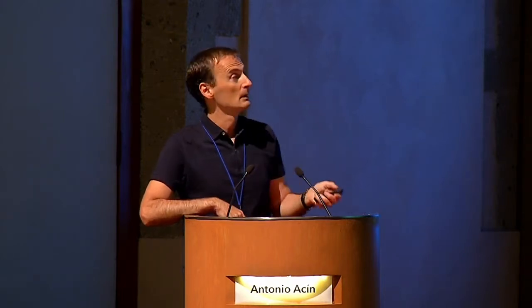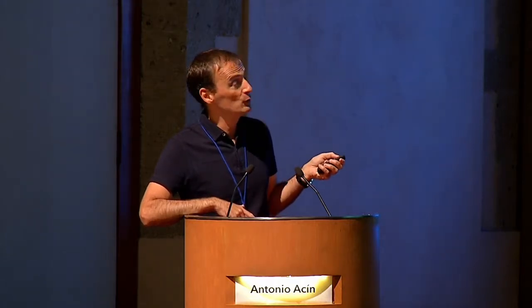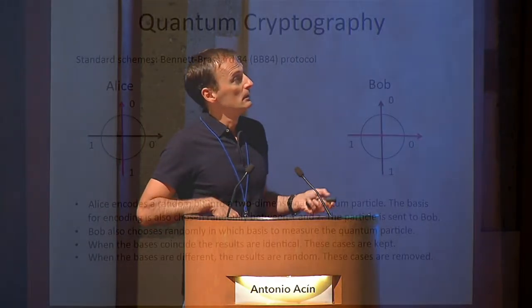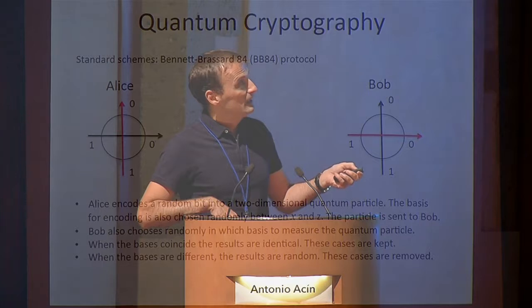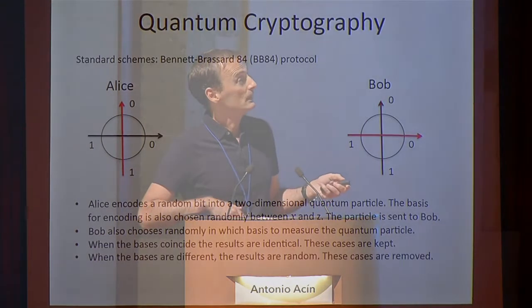Okay, it's not super efficient, but this is not a big problem because now Bob can announce which basis he used for the measurement. So he can say, Alice, I measured in the z basis. And Alice can say, good, keep it. And if Bob says, Alice, I measured in the x basis, and Alice used z for the encoding, Alice will say, throw it away because the result is not reliable. Okay, so they keep those cases where they use the same basis because they are reliable,